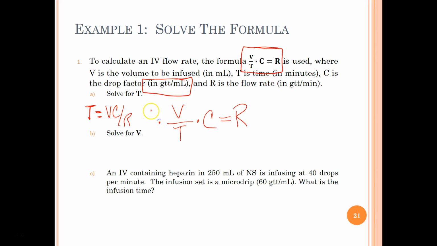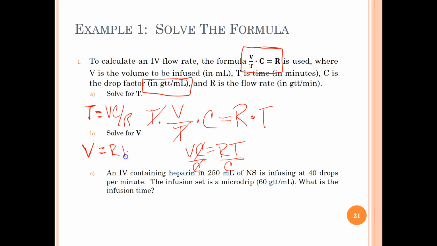Let's multiply both sides by T, because if we've got something in the denominator, it's easier to just get it out of there to keep working. Leaving us with VC equals RT. Last step, get V by itself, so let's divide both sides by C. Notice whether they're numbers or variables, they follow the same rules. So you're doing the same thing, you just might not be moving a 3, you might be moving a C instead. So what we're left with is volume